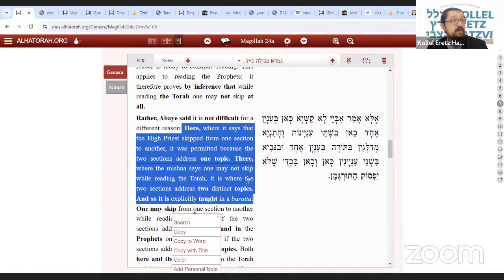So therefore, in Mesechta Yoma, where it says the Kohen Gadol skips a few chapters during the Torah reading, it's because he's skipping what's not connected to Yom Kippur. He's just reading the Yom Kippur readings. People are not going to be generalizing, saying, oh, you're allowed to skip around. In this case, it's the same topic. People are not going to say you're allowed to skip around when you read the Torah, because over here, people understand that even if they see the Kohen Gadol moving the Sefer Torah to the next part,